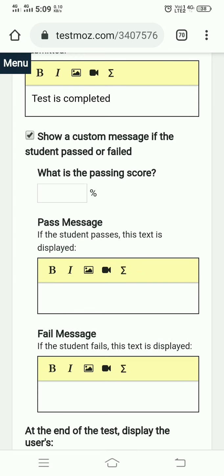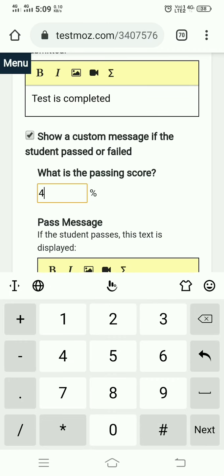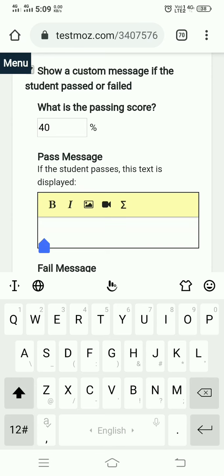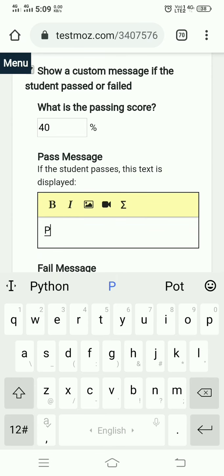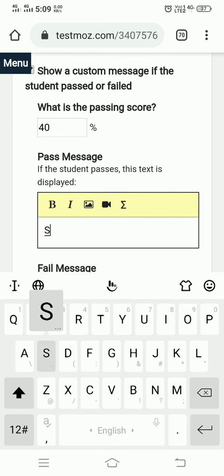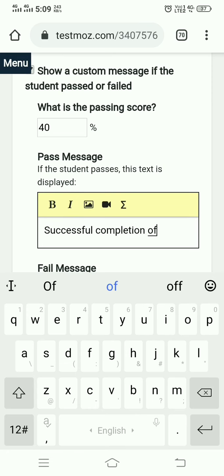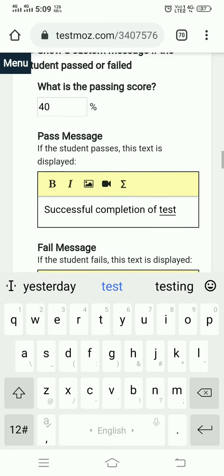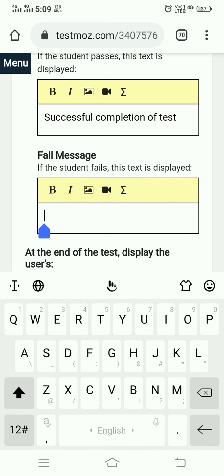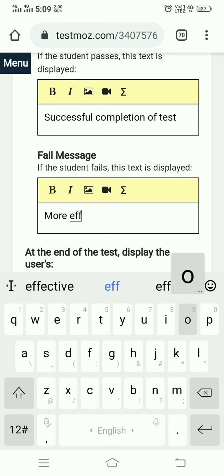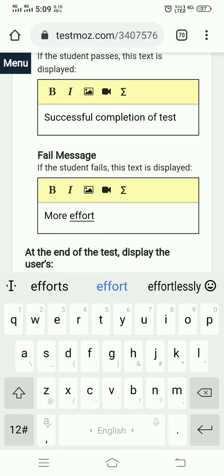For example, if we choose the passing percentage as 40%, you can display the message successful completion of test, and if fail, more efforts required.